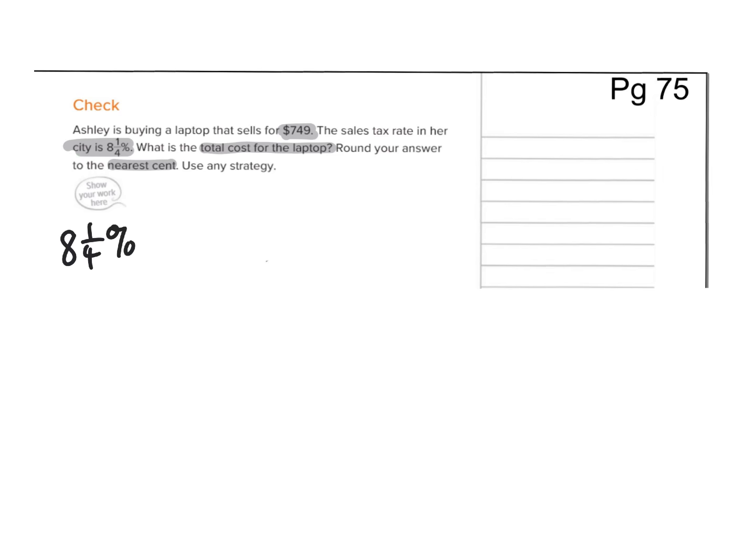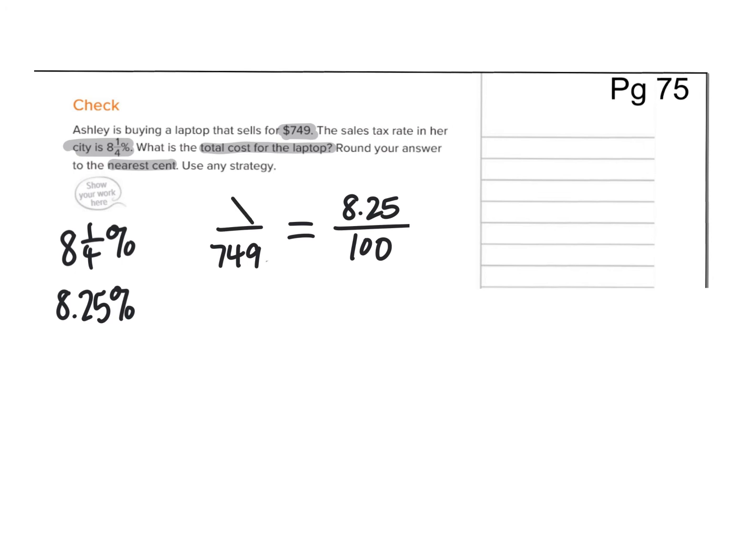You guys might want to change that to a decimal. So a quarter is 25, so I'm going to say 8 and a quarter percent is the same as 8.25%. So go ahead, pause the video and try this one. All right, so hopefully you put 749 was the whole. I have my percentage go over 100 and x right there. When I work that out, I end up with